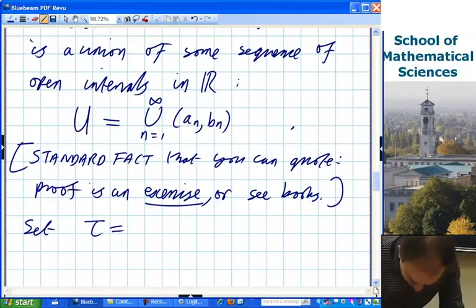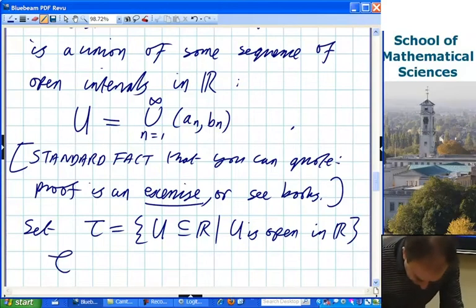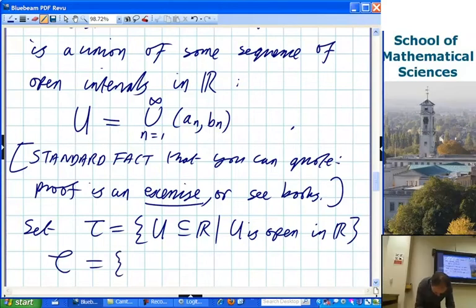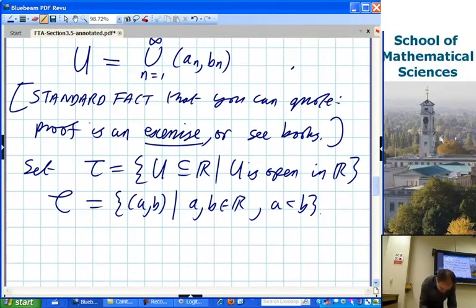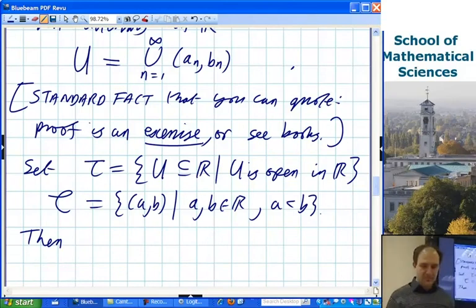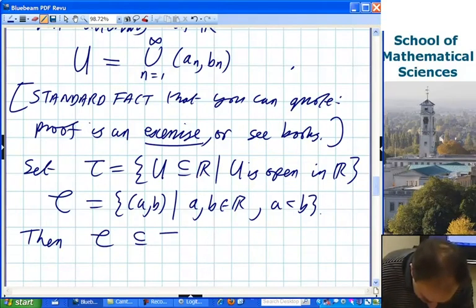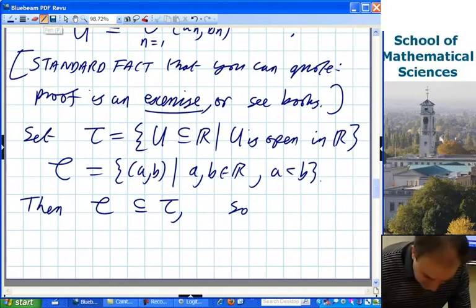You set Tor to be equal to the collection of U contained in R such that U is open in R, that's the usual topology. And let's call C the collection of all open intervals (a, b), with a, b in R and a less than b. Then C is a subset of Tor. So it's obvious,